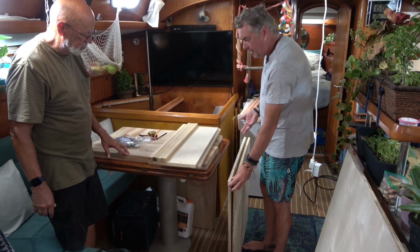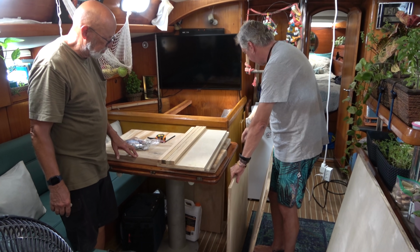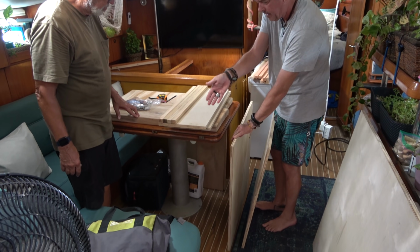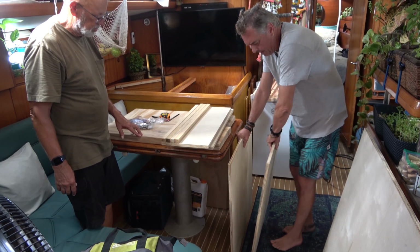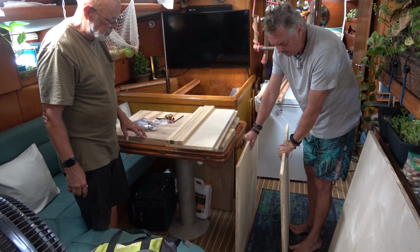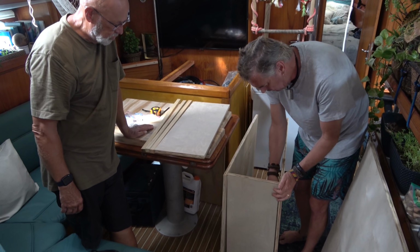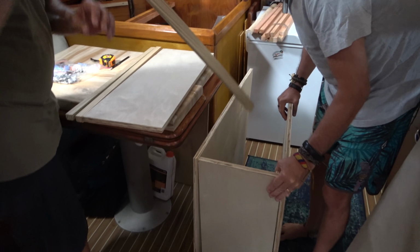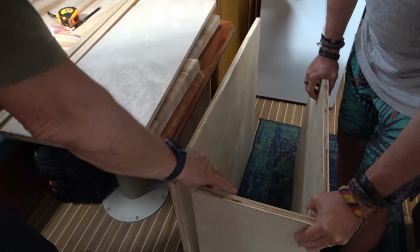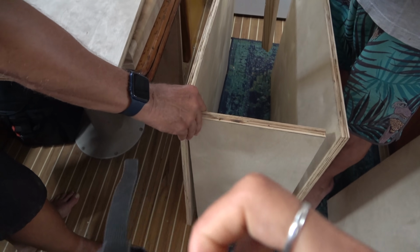Okay, so we got 4 pieces basically we're going to build the pedestal out of. These are the 2 long pieces that are going to come from the bench out this way. These are the 2 short pieces, or narrow pieces, that are going to formulate a cabinet like this, the pedestal. So these pieces are going to go right in here, like so. And basically what we're going to do here, I mean, we could take these pieces and we could drill holes in these